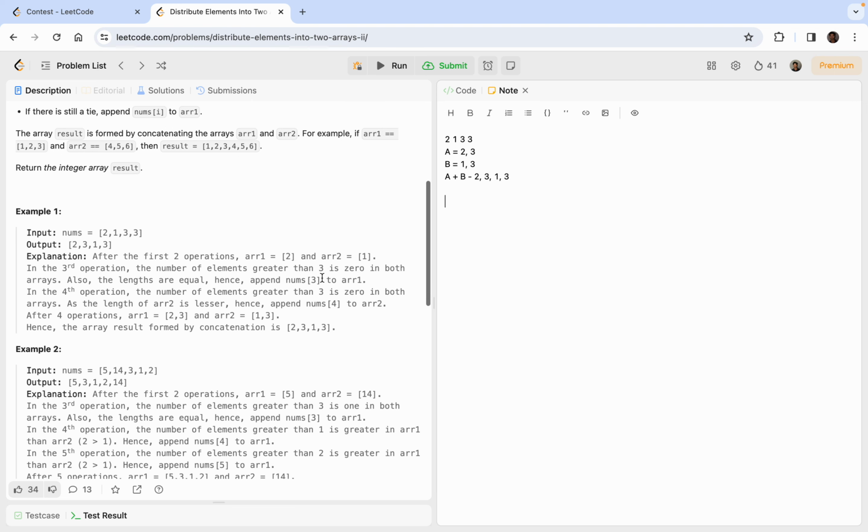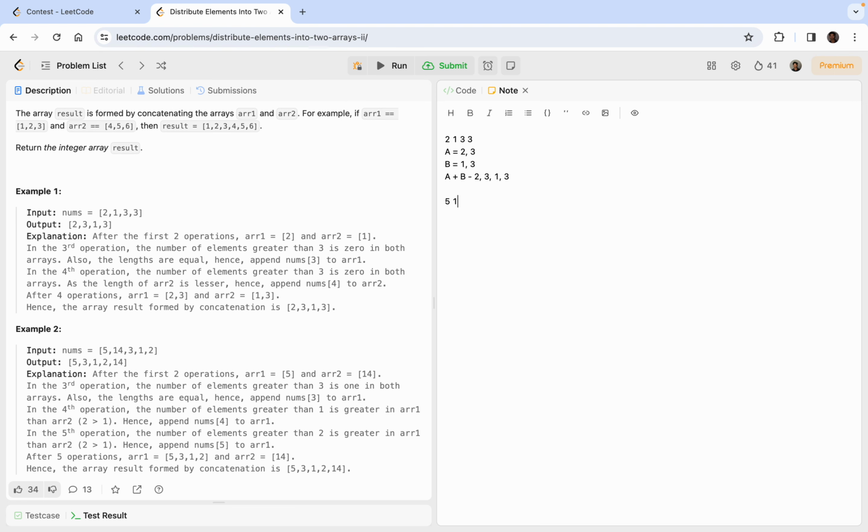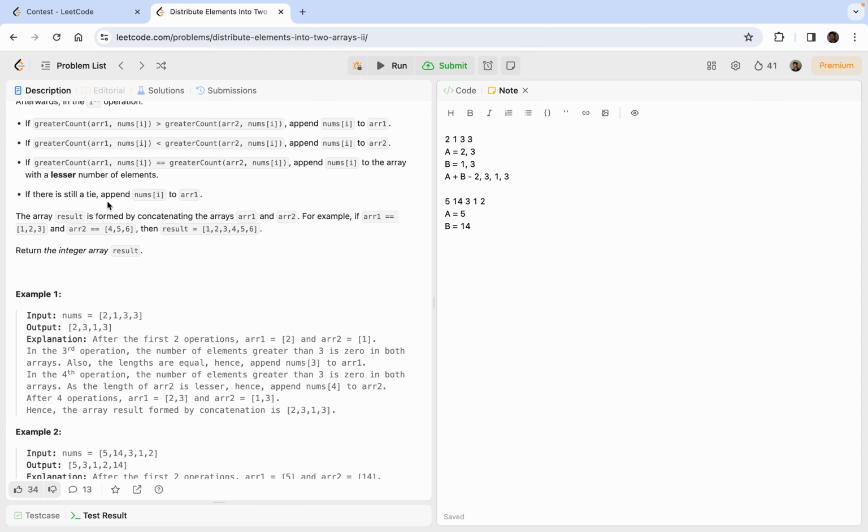Let's take another example, that would be 5 14 3 1 and 2. So A will have 5, B will have 14. Now the next element is 3. So now 3, A also has one element greater than 3, B also has one element greater than 3, so it's a tie again